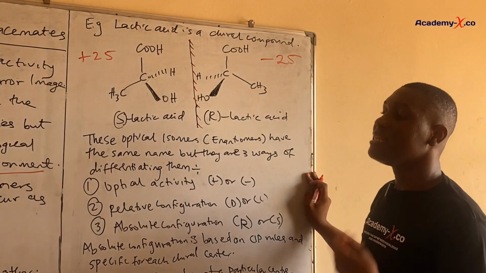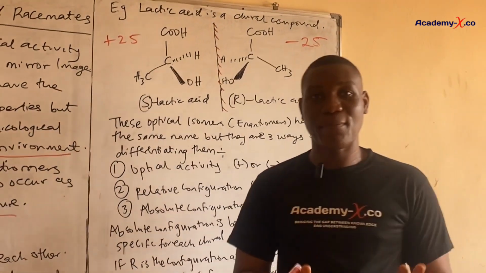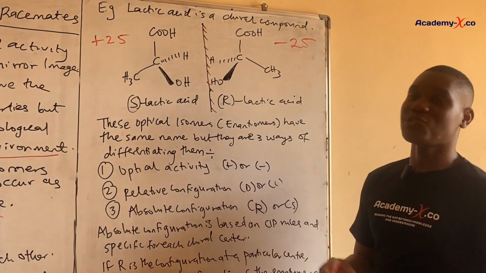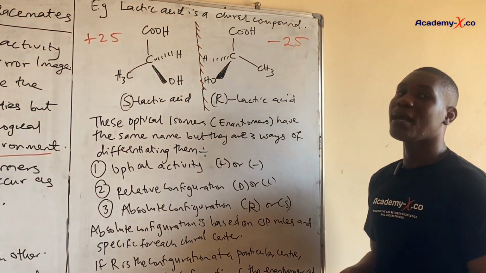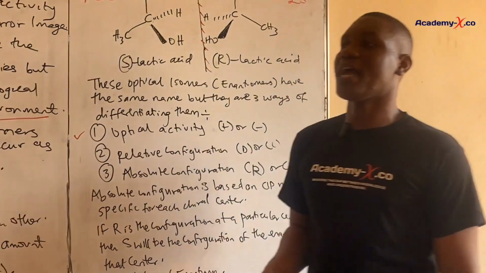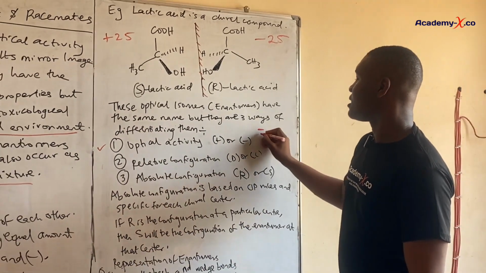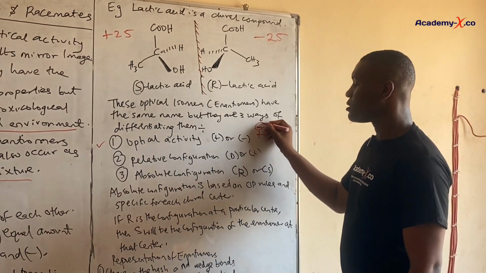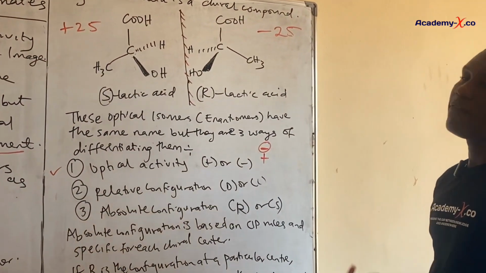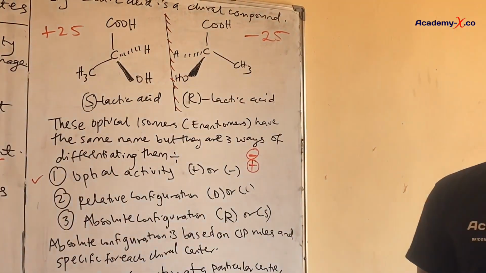They bear the same name. One common thing about enantiomers is that they have the same name. But then you have to differentiate between the two enantiomers by using 3 methods. Number one, by their optical activity. I can decide to put something like morphine. We have a negative and the positive. Say that the negative one is much more effective than the positive one. The negative one is the one that has pharmacological action, while the positive type of morphine does not have pharmacological